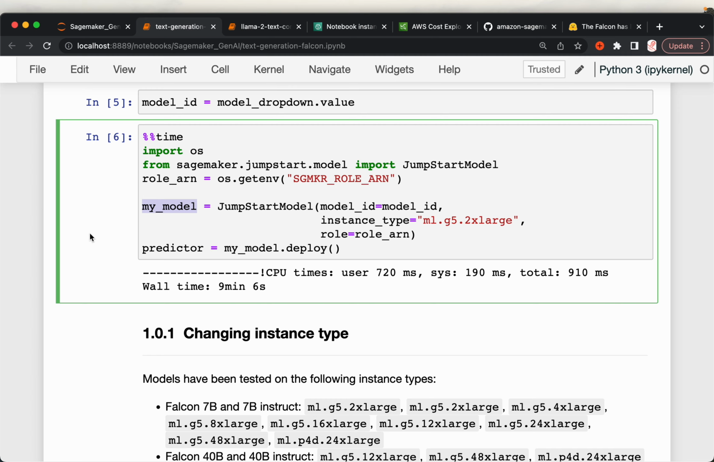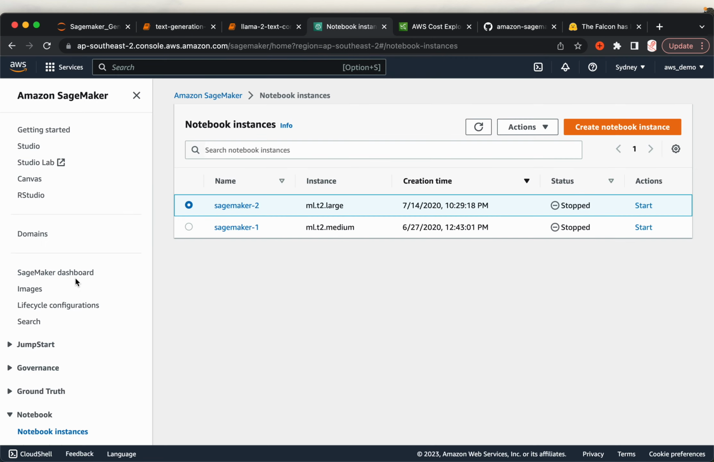Now, to deploy the model as an endpoint, all we need to do is just call the deploy function using the model. That's all it is. As you can see from here, it took about 9 minutes to deploy the model. Okay, I'll quickly show you what actually happens when we run this code. It does three things. So the first one,